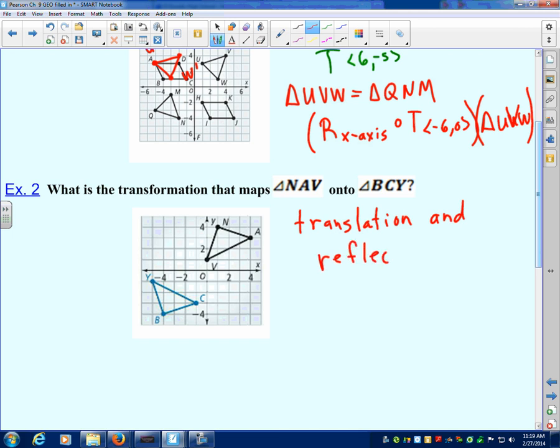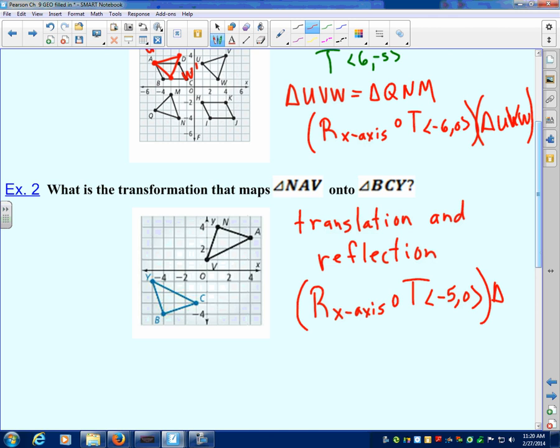What is the translation? What does it look like? If I want to have NAV correspond to BCY, V needs to correspond to Y. So I've got to move V all the way over here. 1, 2, 3, 4, 5 over. And then I think I can flip it. So it would be a reflection over the x-axis. That's why I was thinking reflection. Composed with a translation of, is that going to work? 1, 2, 3, 4, 5 units. Yep. So a translation of (-5, 0)